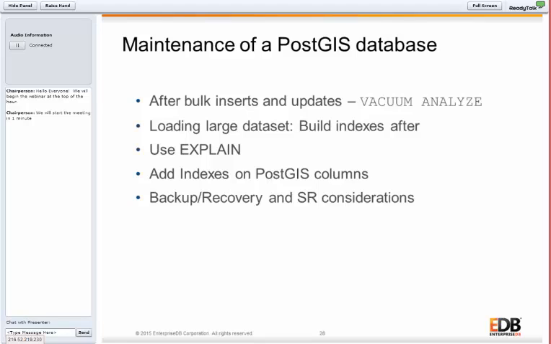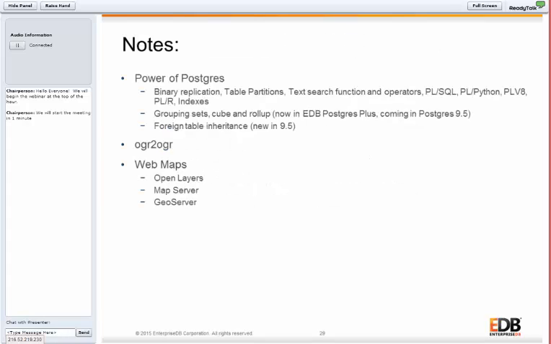And streaming replication considerations. The same thing, make sure that when you're replicating from the primary to the standby server, you also have the same version of Postgres and the same version of PostGIS installed on both sides. Other than that, your backup processes and streaming replication will all be about the same. No real difference there.